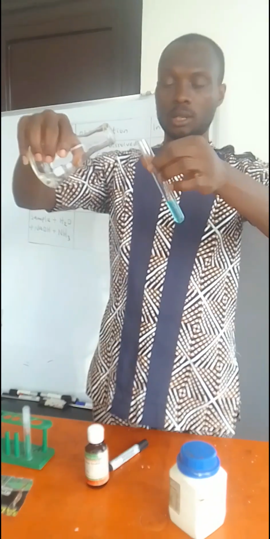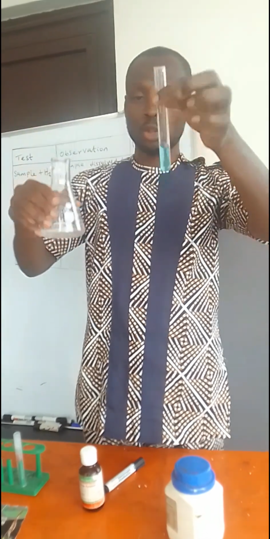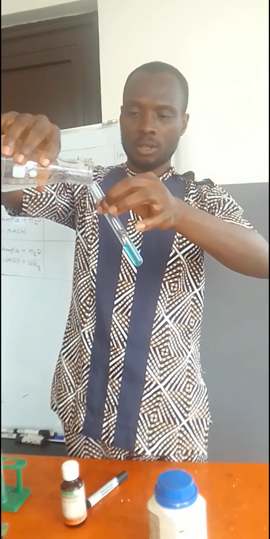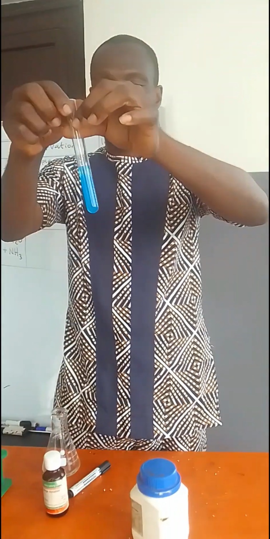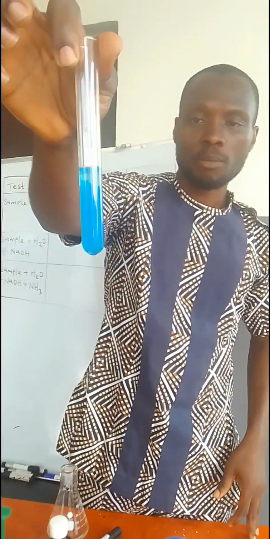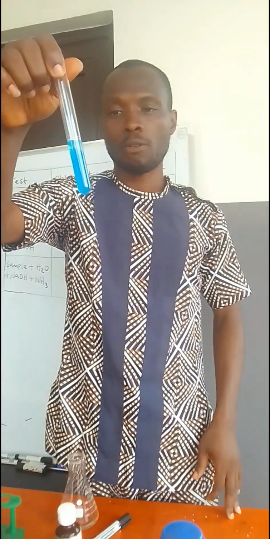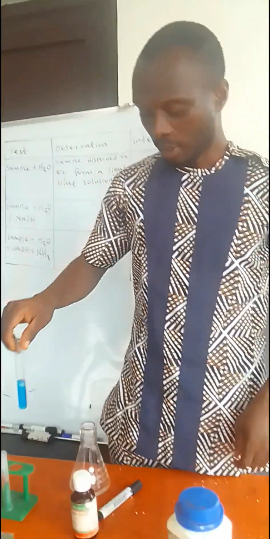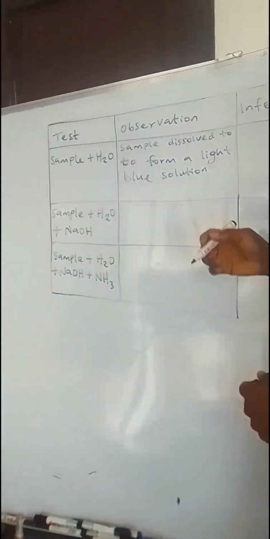Now you see what happens when we pour sodium hydroxide, NaOH, into the sample to obtain a blue precipitate. I'm pouring this in, can you see? Wow. So a dark blue precipitate is formed. This blue precipitate that is formed shows you the presence of Cu2+, copper. So while I obtained this precipitate, I now write down my observation. Sample plus H2O plus NaOH. My observation will now be this: